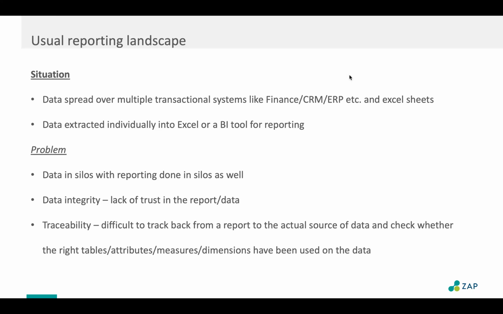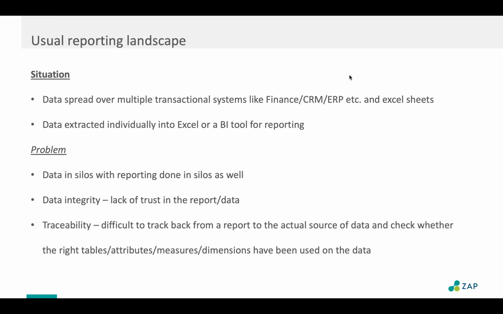One classic thing that keeps coming up, and it's actually not funny anymore, is when we go to businesses and ask them, how do you calculate your gross margin? Or how do you calculate your gross profit? You'll be surprised, but more often than not, you get more than one number.